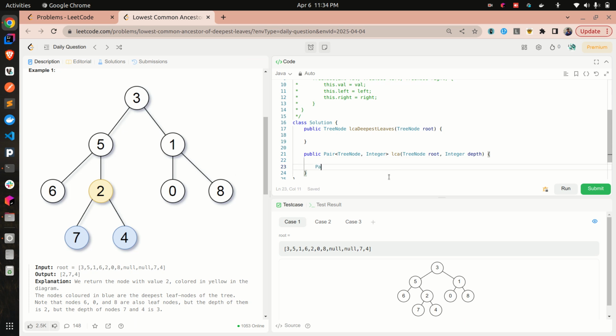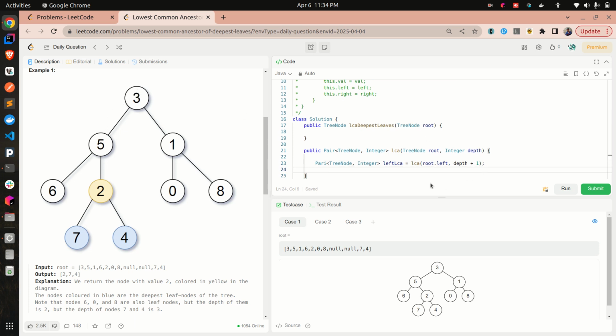If I call on my left subtree, that is root dot left, the depth would be depth plus 1. If I am at a root, its child would be at a depth of depth plus 1. That is what I mentioned. In a similar way,